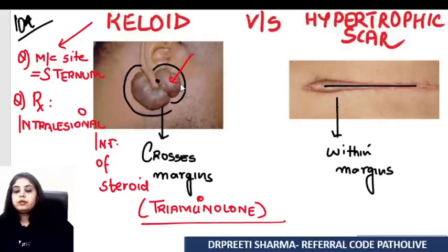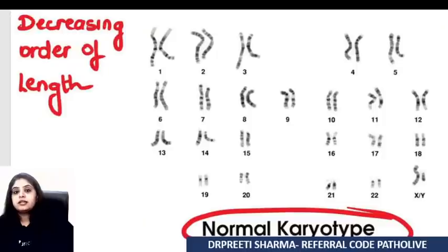Okay, having said that, your images of inflammation and cell injury both are over, and now I think today we can also go ahead and discuss the images of genetics. So a couple of images coming up our way, but the first one and the most important one that we have is that of a karyotype.